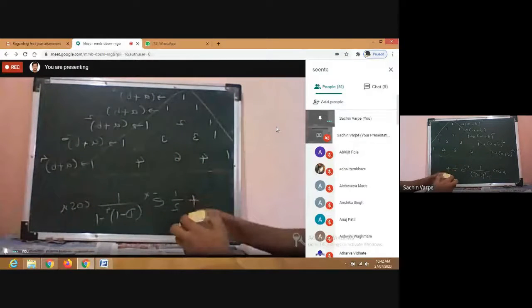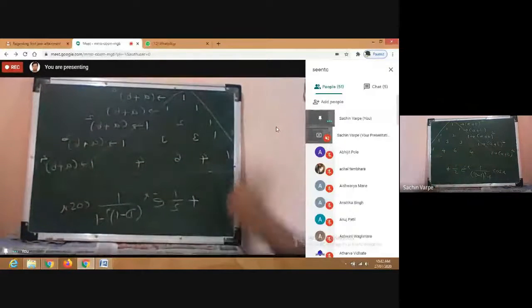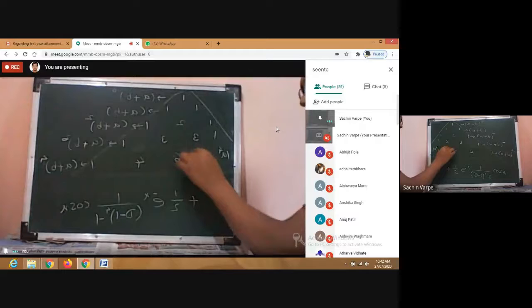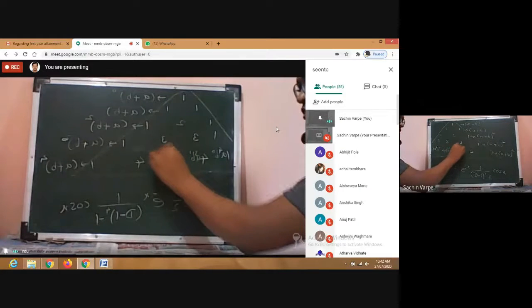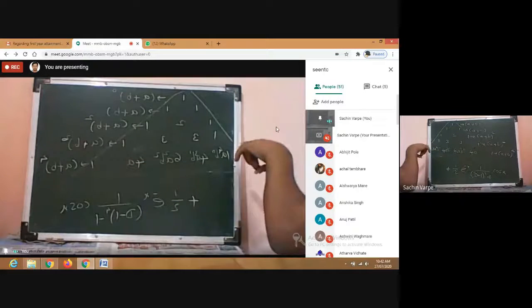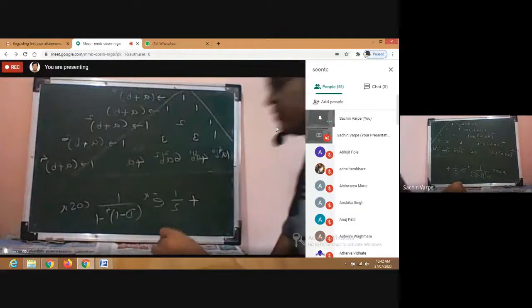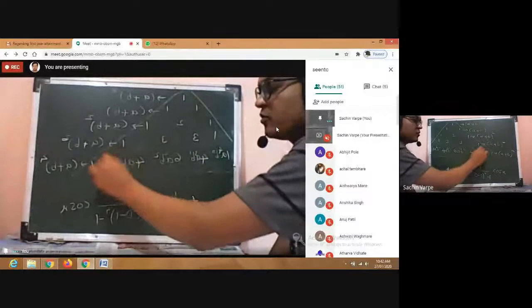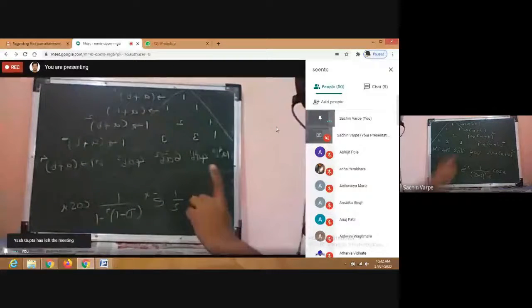Is it clear? So with the help of these coefficients, I can write the expansion of (a plus b) raised to 4. How to write? 1 into a raised to 4, isn't it? Plus 4 into a cube, the power of b is 1. Here the power of b is 0, like this. Plus 6 a square b square plus 4 a. See, I'm decreasing the powers of a and increasing the powers of b. Right? 4 a b cube plus b raised to 4. Is it clear? This is how we can write the expansions.